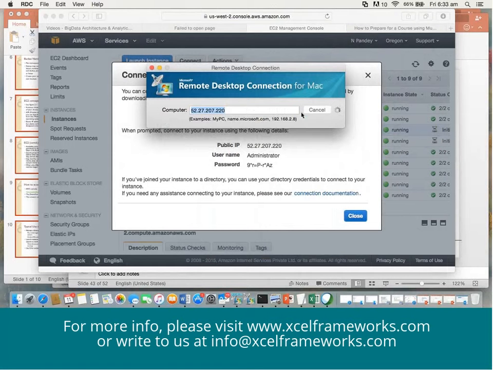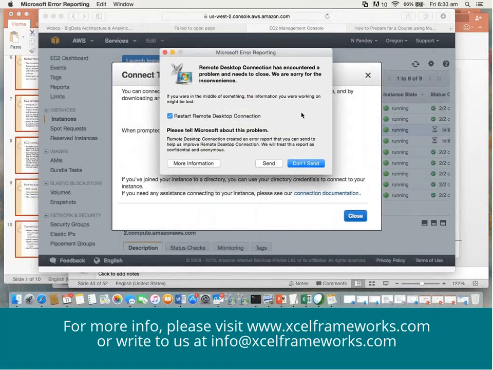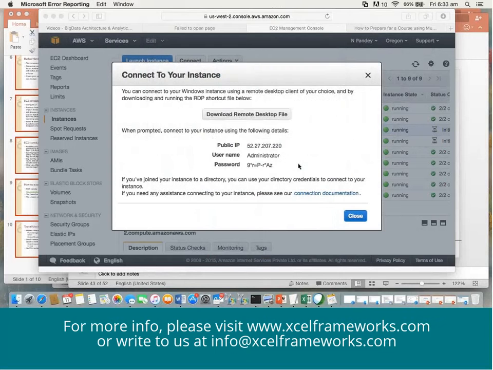I'll go and I'll click on connect. Right, now this mine is not working, otherwise it will go and it will connect.